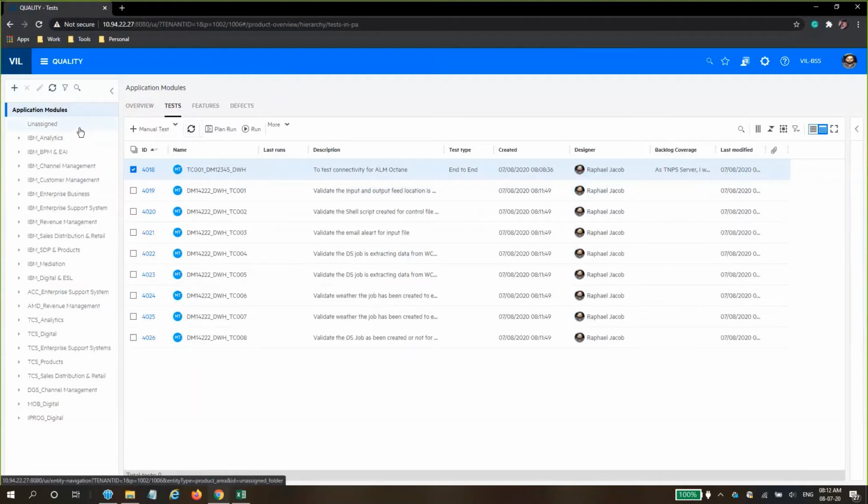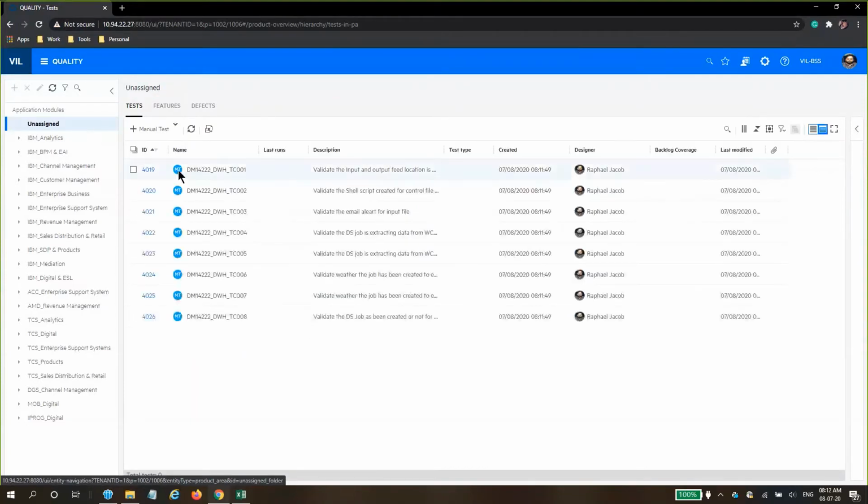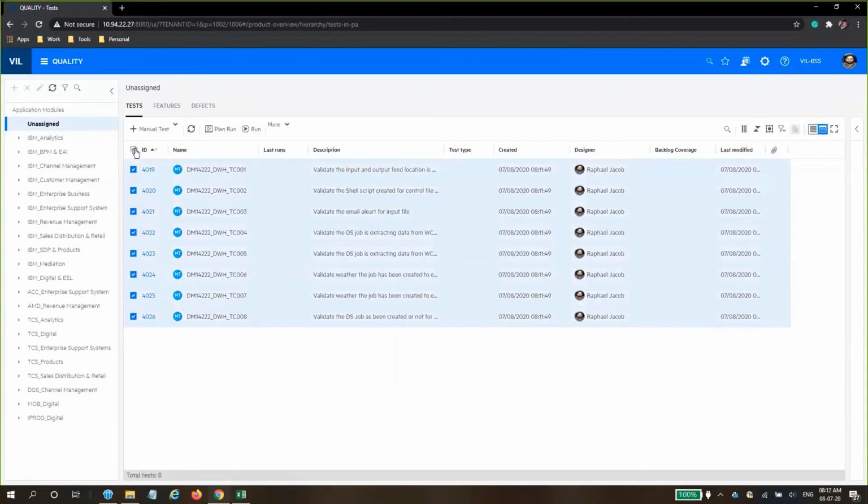Now, initially when you're uploading test cases, you must have noticed there is no application module field in the template. So that needs to be filled in once we've uploaded them in Octane. You see these test cases are currently in unassigned status. So what we need to do here is select all test cases.